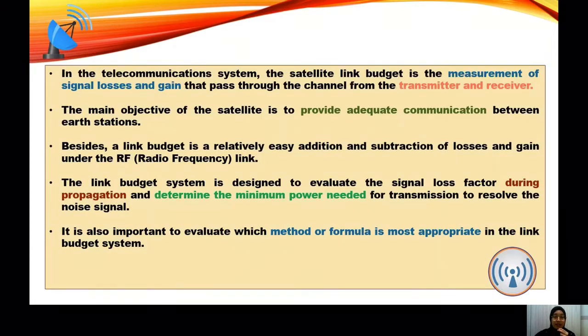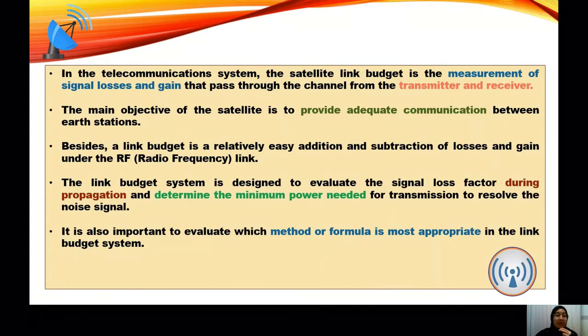In the telecommunication system, the satellite link budget is the measurement of the signal losses and gain that pass through the channel from the transmitter and the receiver. The main objective of this satellite is to provide adequate communication between Earth stations. Besides, a link budget is relatively just simple addition and subtraction of losses and gain under the radio